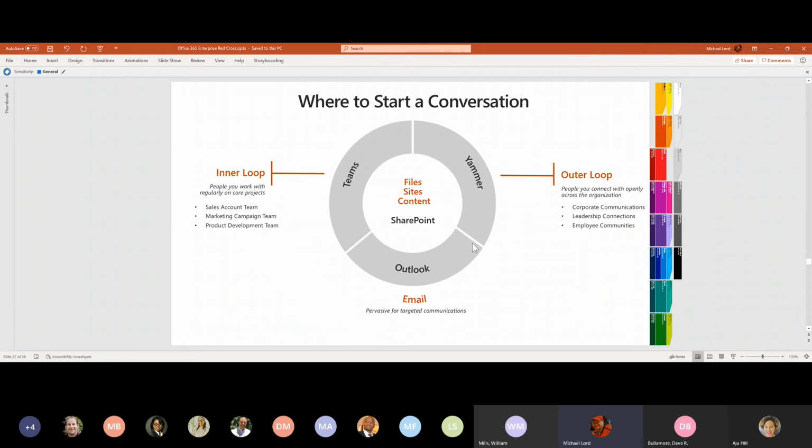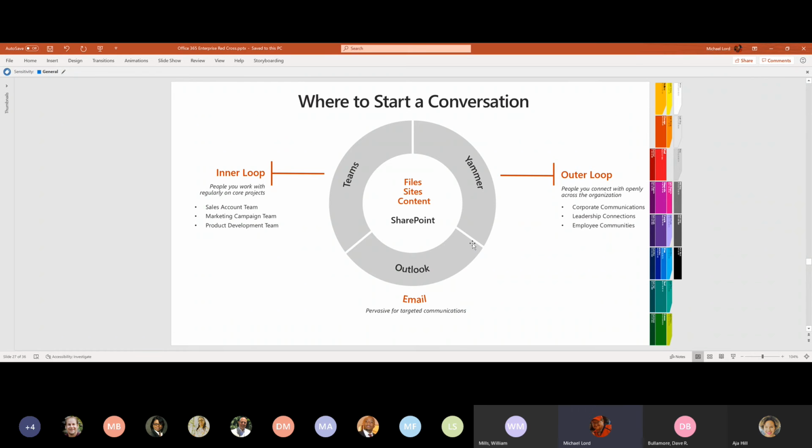So when we talk about the outer loop, we're talking about broad level discussions, communications across mass individuals. So ultimately, we're able to build a community. You can have private Yammer teams, you can have open Yammer teams within your organization that allow you to share information in a much broader manner.